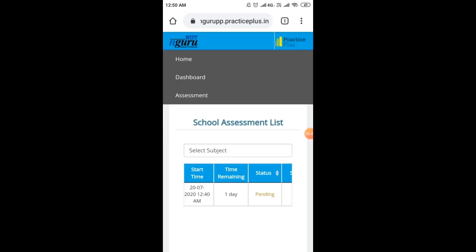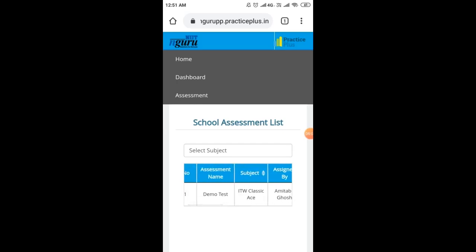Status is pending because I have not given any test. I have not attempted this demo test. And the action shows take a test. It is highlighted. So you have to verify the time of the test.